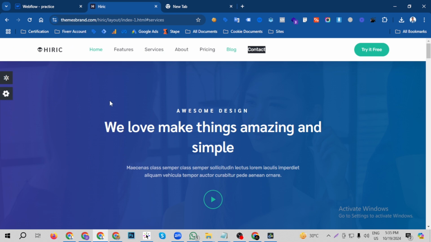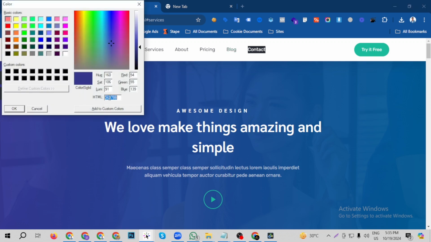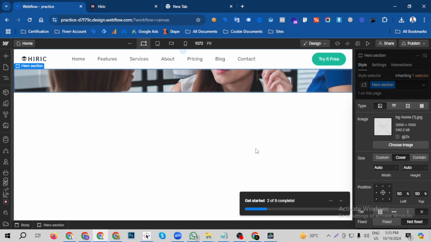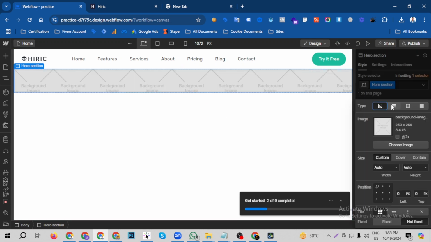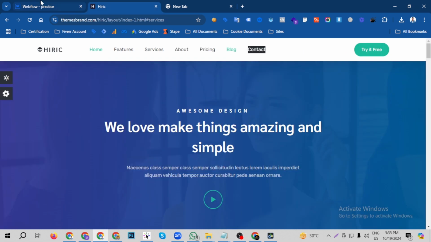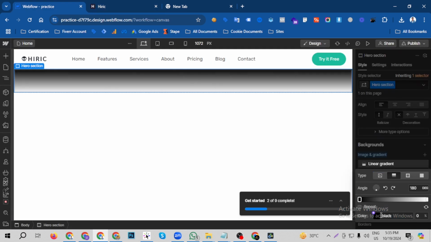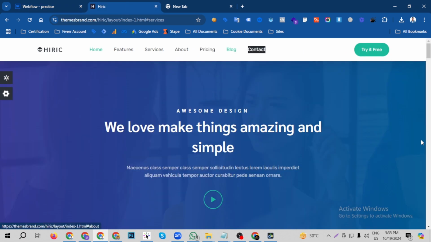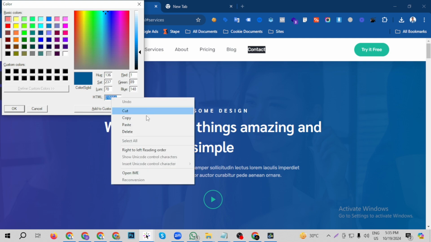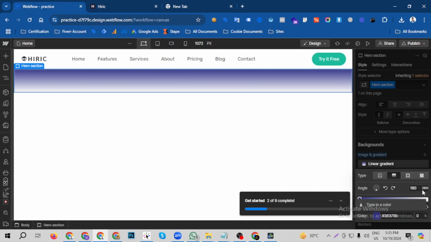And we need also an overlay on this background. So let's see how we can add an overlay on this website. If I copy the color first, then go to the section, and click on the plus button, then we need gradient. Then we have to add the color there, and the second color is this one. Then if I add it there,